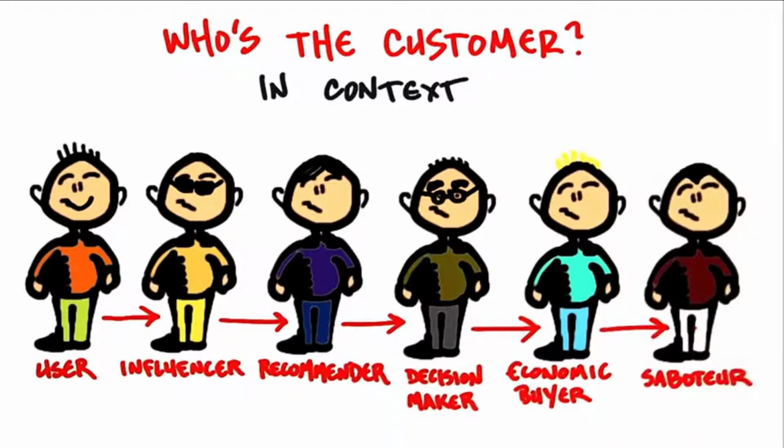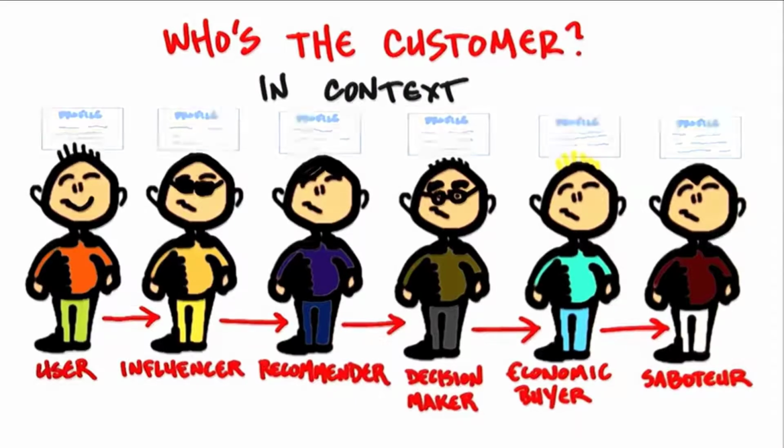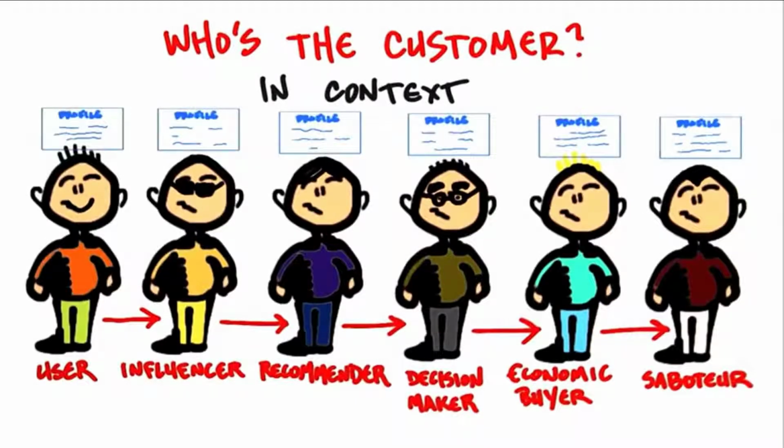And saboteurs in a company are individuals or organizations whose jobs feel threatened if a new piece of software or new process or new organization comes in place. And so in complicated business-to-business sales, you really need to know the archetypes for each one of these, even though you might think, oh, all I need to know is about my user. And then you might go, okay, well then all we need to know is about the buyer. As we'll see later, you actually need to understand archetypes for all.